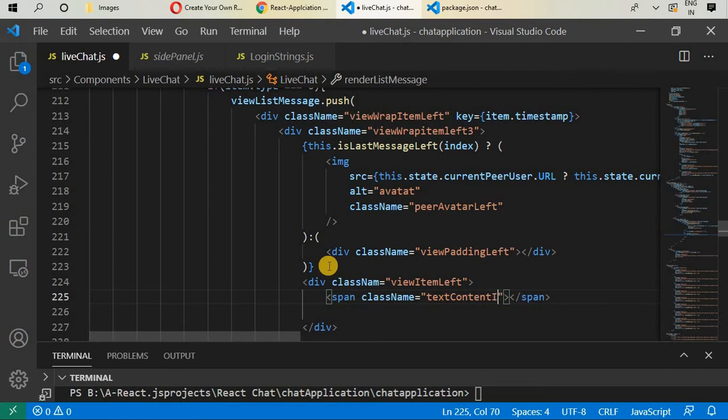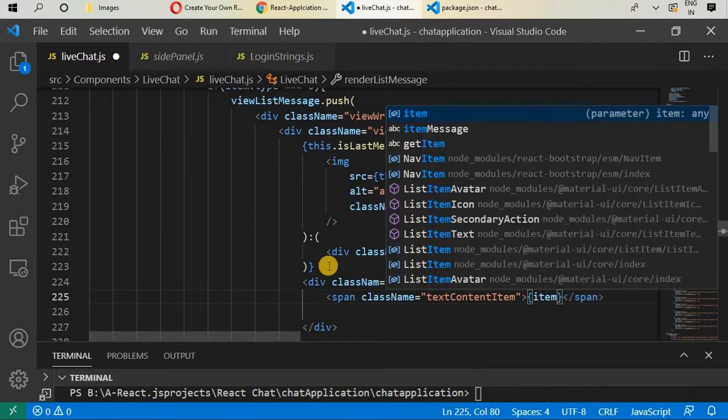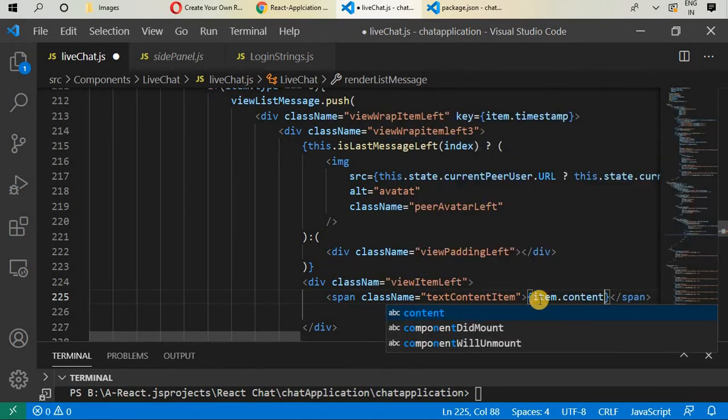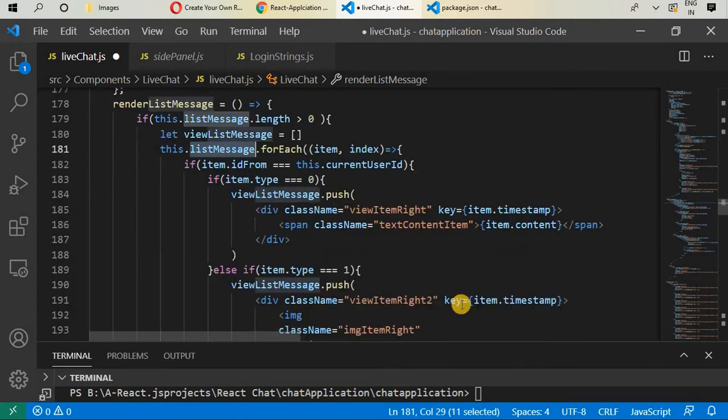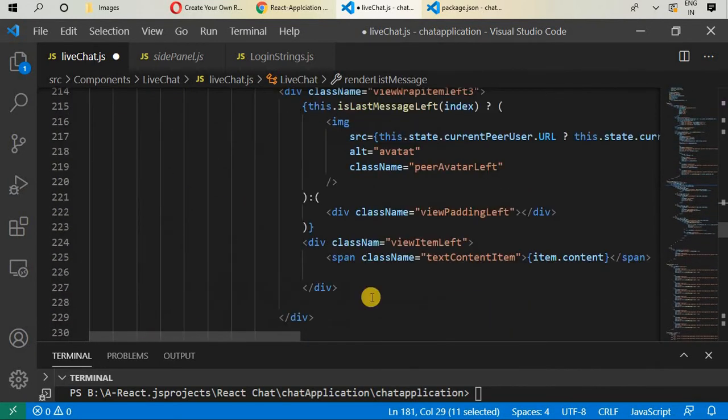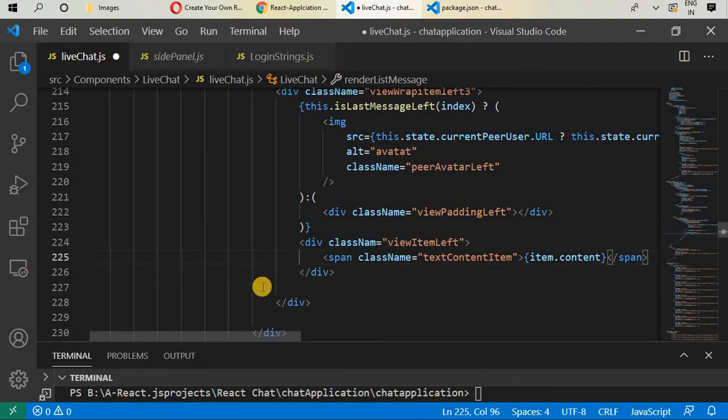Oops, we need to write this, and we'll give it item dot content. Item is coming from argument that we have talked about in the previous part. In here, item and index from list message. Okay, so get out from this div,